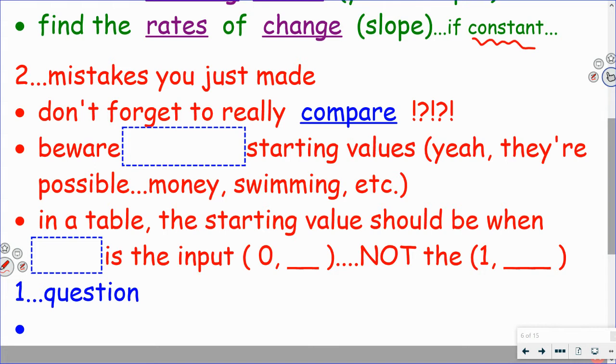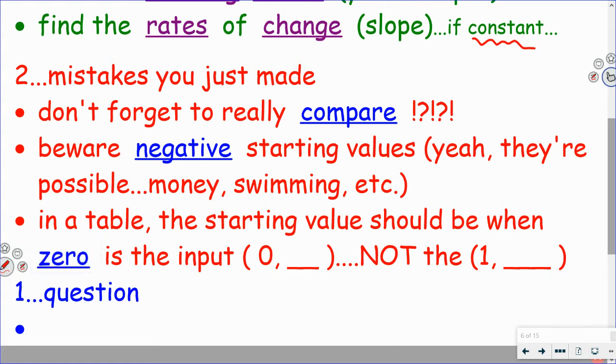Therefore, Mr. Callan had less questions per day, or Ms. Morris had more questions per day. So make sure if the question asks you to compare, that you actually compare who's more, who's less, who starts higher, who starts lower. Beware negative starting values. It is possible. Think about owing money, being in debt. Think about swimming underwater. Also, in a table, the starting value should be when 0 is the input,